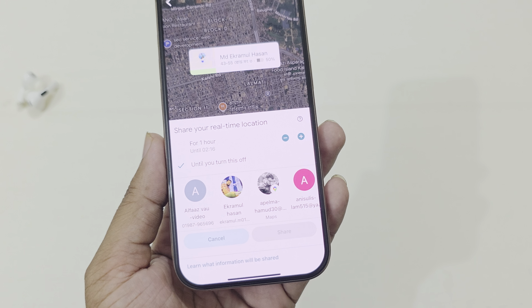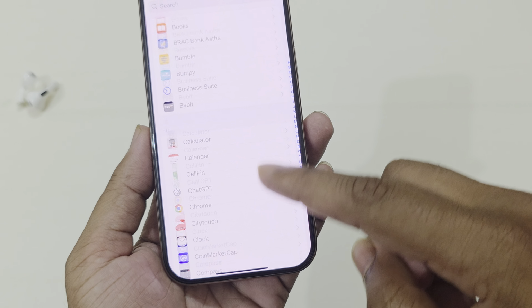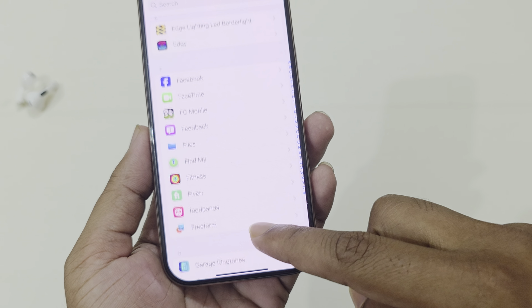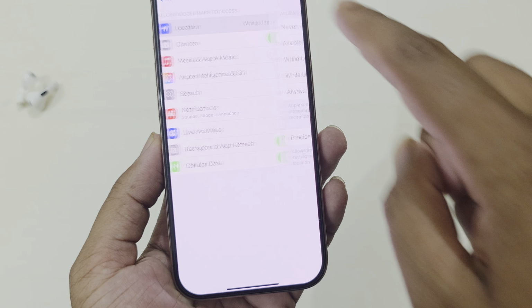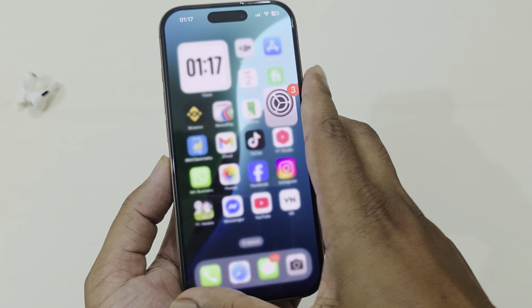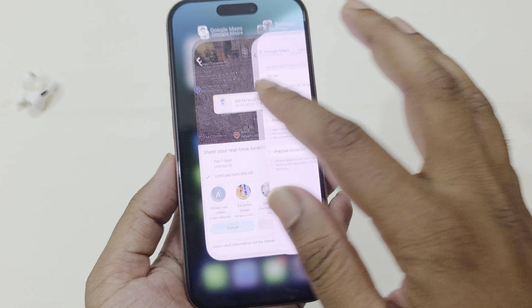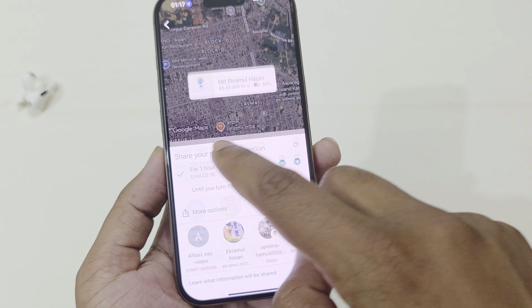In this case, go to your settings and scroll down and go to your apps, and under apps find the Google Maps, this one. Now press on location and select always. Now go back to your Google Maps again. Now if you press on share again, you have to close these apps and run it again,